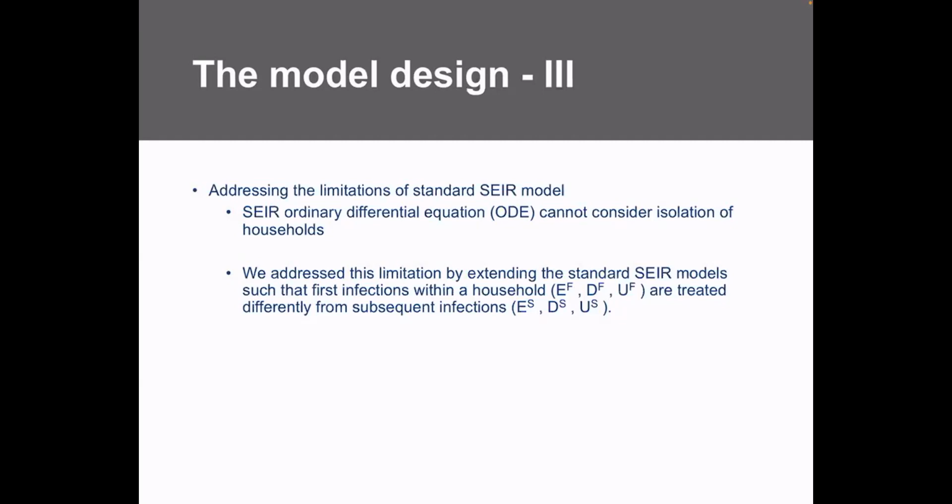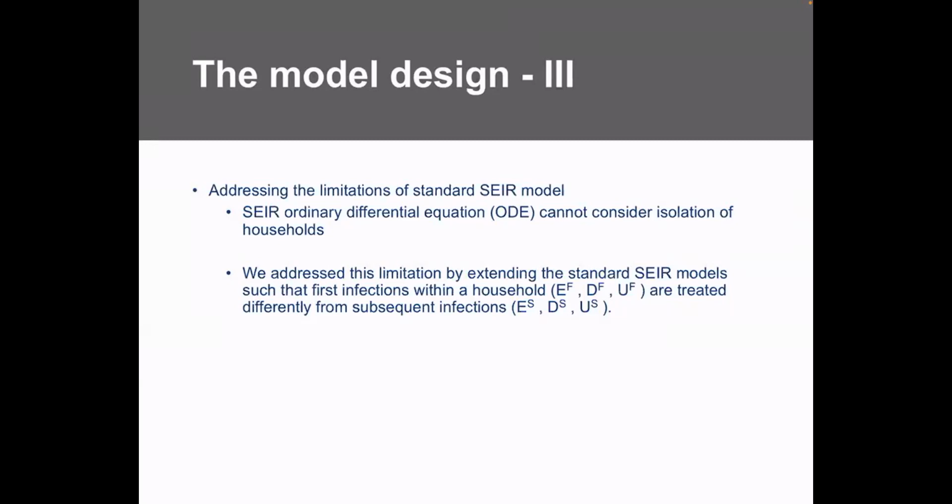In the SEIR model, what happens is, it's pretty simple. You have a household and then you have the surrounding community. If you set the transmission rate to 0 for the surrounding community, and if your household has one infected person, the normal SEIR model will show that still the transmission can happen. So if you are taking this household out from the sample, still the model will say that the transmission can happen. So this is a limitation.